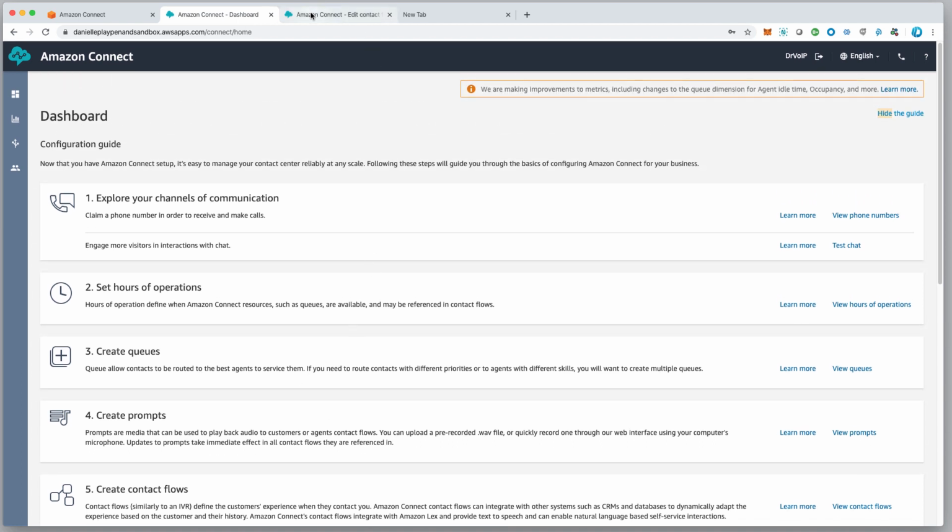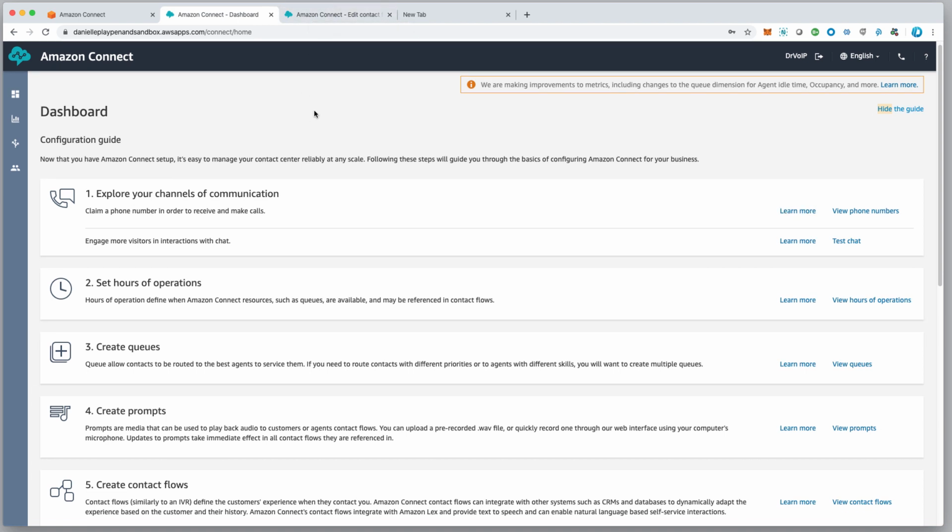The issue is you don't necessarily have to come in through the Amazon management console. You can directly come into the Connect instance. As a system administrator configuring Amazon Connect, you're going to, yes, come in through the management console, because to get to other services like Lex, DynamoDB, Lambda, which are certainly going to be tools you will need in more advanced configurations of Amazon Connect, you'll need to be in the management console. But to do the basic configuration, to start setting up your hours and creating queues, you can just do that